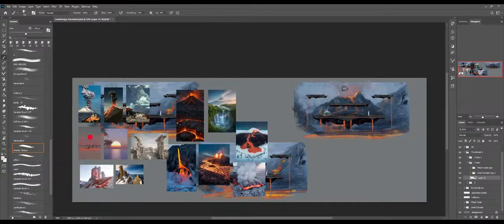I really like this one glow, the other one I had created. So I'll do that a little bit. And probably a little bit of